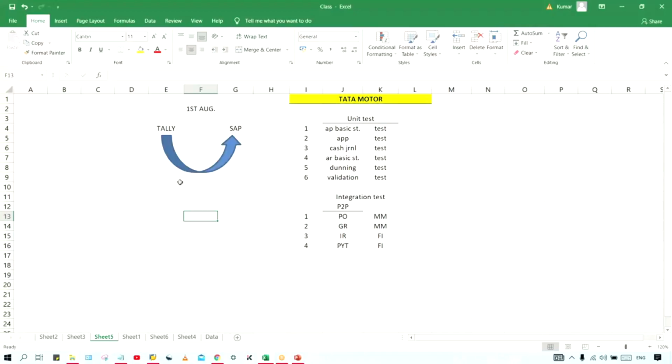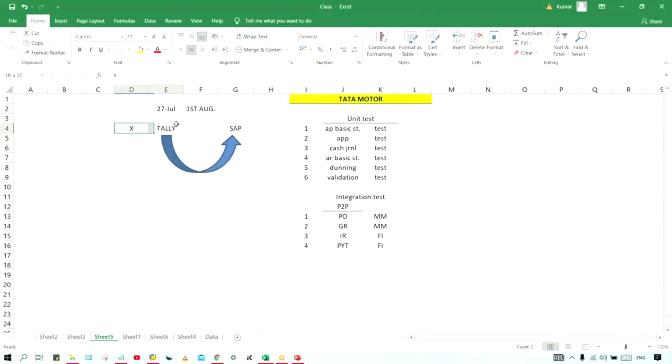There is one more thing, guys. Let's suppose a cutover date is announced, say for example, 26 or 27 July. This is your cutover date. So 27th onwards, what will happen, guys? This legacy system is going to be stopped. People will not perform any posting in legacy system. That is the standard process.